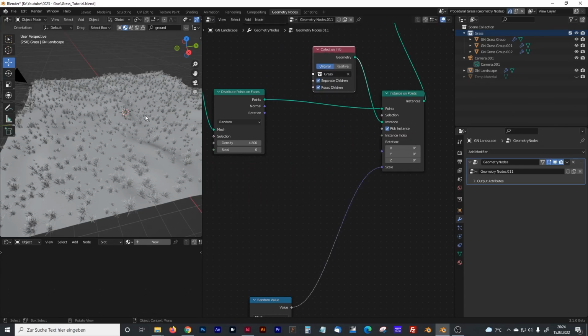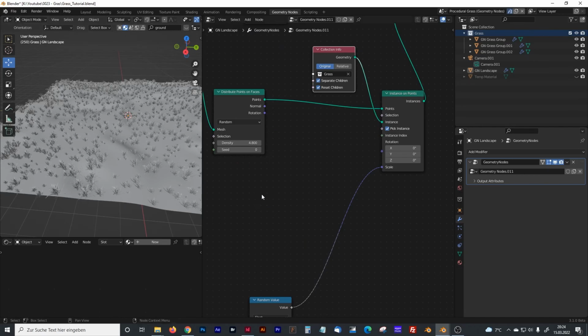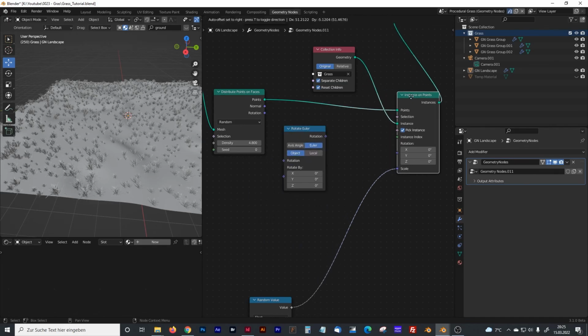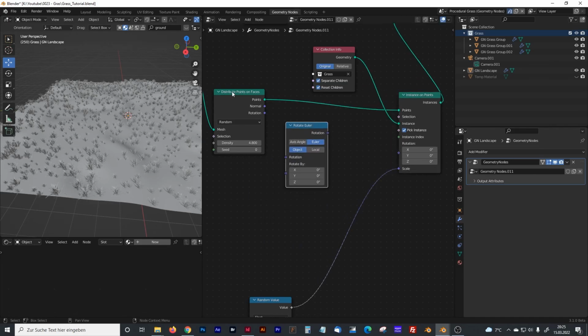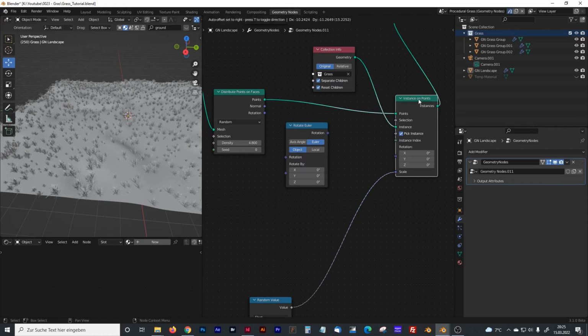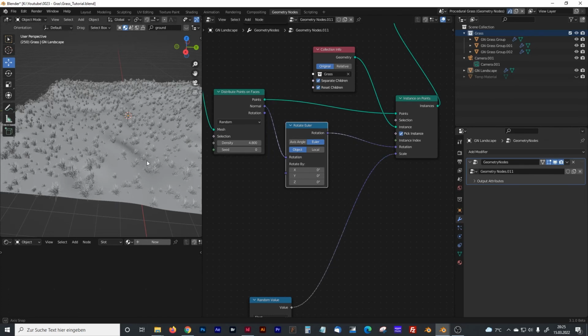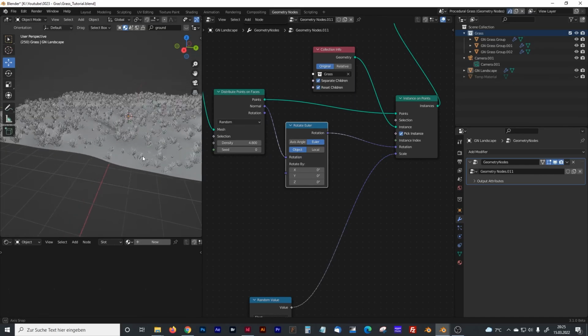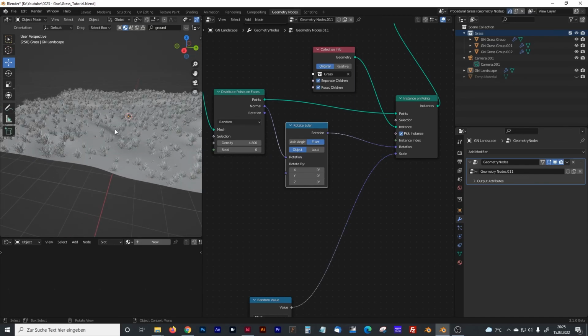And to align the grass to the normals of your map, you can use a rotate Euler node. Just plug that right in between the distribute points on faces node and the instance on points node, and plug the normal into the rotation and the rotation output into that rotation. And you can see the grass groups are oriented now on the normals of the plane,